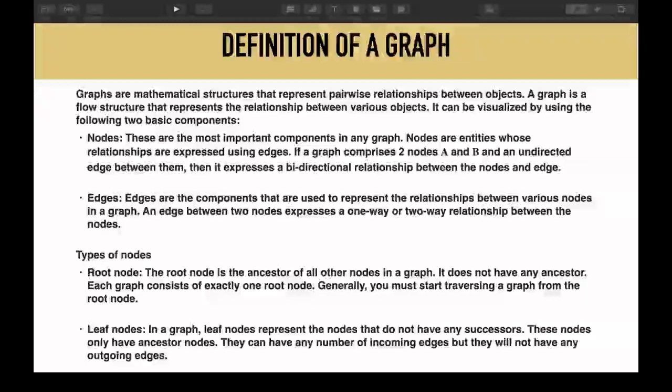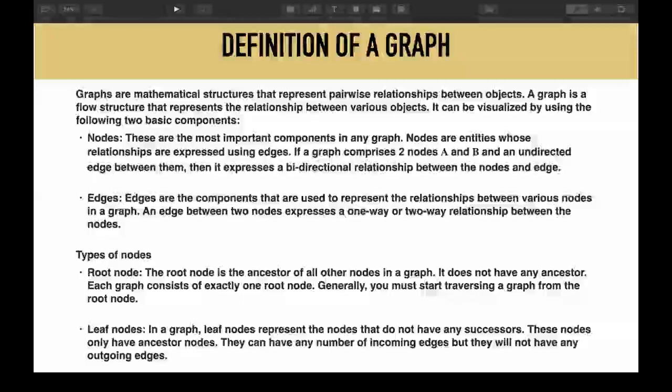Okay, now let us say A and B are two cities, and I represent them in the form of a graph, and the edge length can be the length of the road. Let us say there is a source city and there is a destination city.